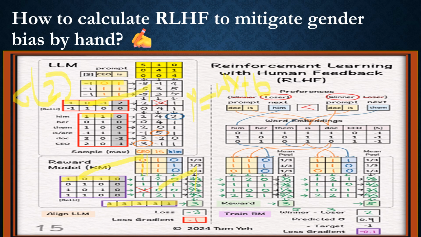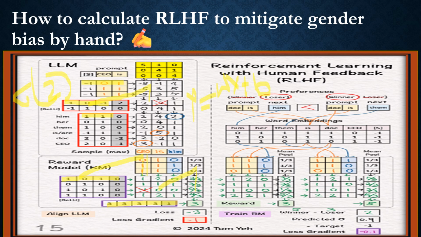So here for the loss purpose, we have simply taken its negative. Okay, and for this loss gradient we are using it simply, it's subtracting the target, so we are simply taking its minus 1, right? So minus 3 is taken as minus 1 here, right?